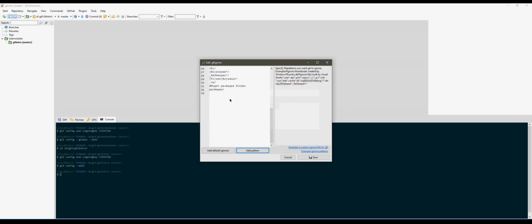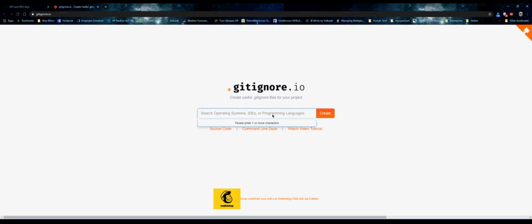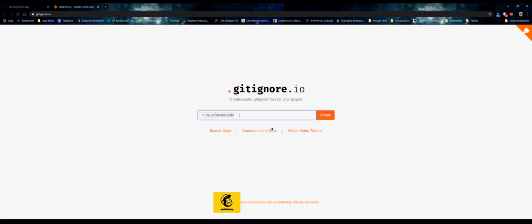And I'll just add that line to this file. These two links here are so awesome. Generate a custom ignore file takes you to a tool that lets you search for different tools, like Visual Studio Code. So if you're using Visual Studio Code and you are on a Mac